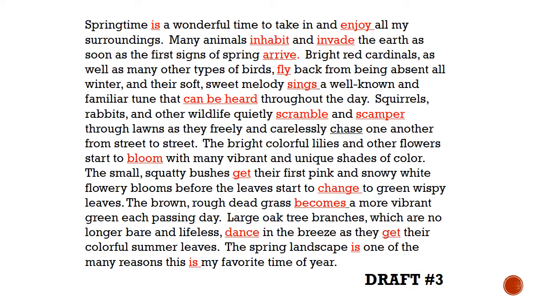Spring is a wonderful time to take in and enjoy all my surroundings. Many animals inhabit and invade the earth as soon as the first signs of spring arrive. Bright red cardinals, as well as many other types of birds, fly back from being absent all winter, and their soft, sweet melody sings a well-known and familiar tune that can be heard throughout the day. Squirrels, rabbits, and other wildlife quietly scramble and scamper through lawns as they freely and carelessly chase one another from